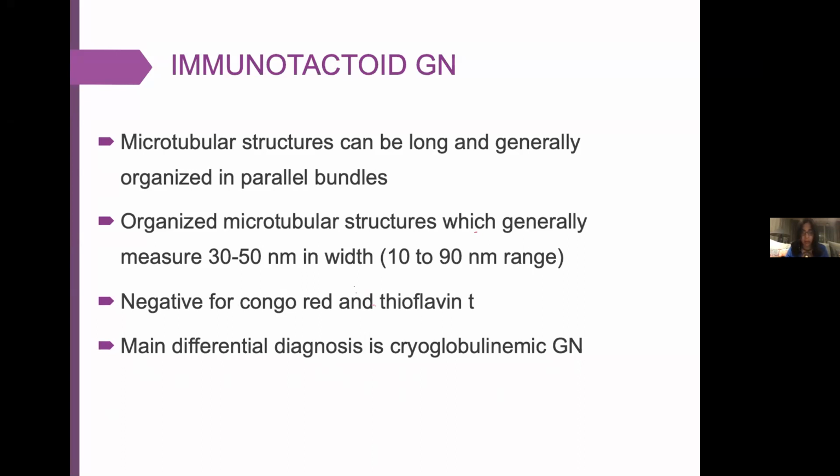glomeruli. Number one, her immunopattern is not for cryo. Cryos do not give you such strong staining. Two, cryos are not going to give you a predominant mesangial pattern of staining. Three, in cryos, you need at least IgM positivity as well, not only IgG. You need these thrombi to really stain for IgM because they are IgM. And cryos are going to give you some weak lambda staining. They're not that monoclonal.